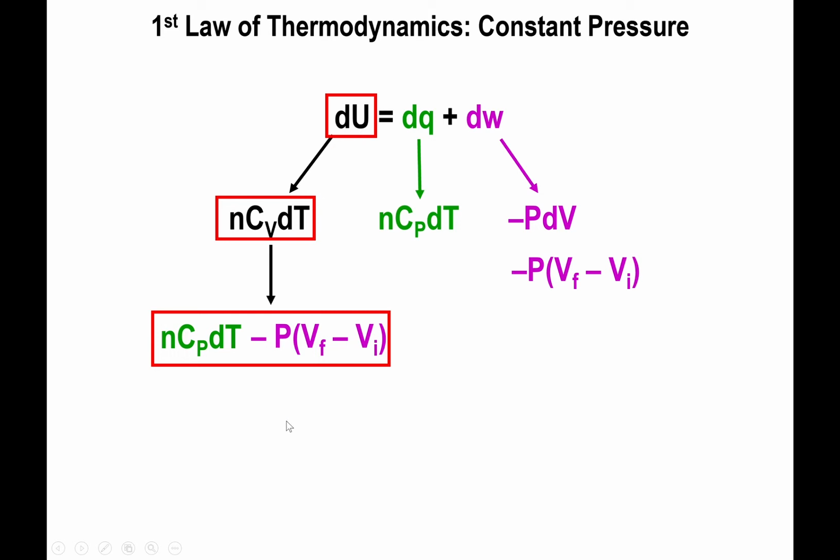And one thing that I want to point out right here, since subtracting the pressure times the change in volume from nCp dT is equivalent to nCv dT, what this is telling us is that the heat capacity at constant pressure is actually larger than the heat capacity at constant volume. Okay, so something to keep in mind, not necessarily something on a test, but I kind of want to make you aware of that. For this problem though, to get the changing internal energy, yes, you're going to have to get the changing work, changing heat, add them together, and together they will be the changing internal energy,